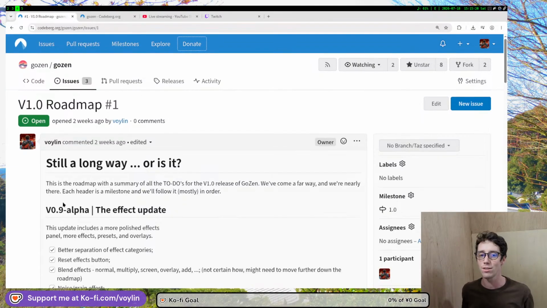I recently did switch to Codeberg because GitHub was just having way too many issues, and I just don't trust the platform that much anymore because of Microsoft. So yeah,